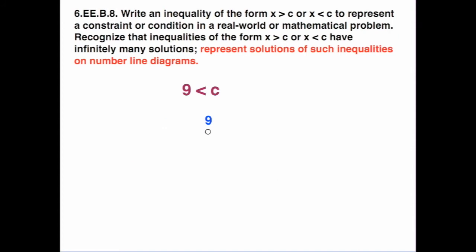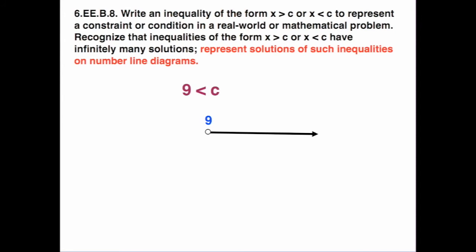So let's try the other side. A 10, for example. Hey, 10 works. 9 is less than 10. And 11 works. 9 is less than 11. Oh, so it looks like it's all the numbers this way. So our solution set is all the numbers larger than 9. Again, be very careful, especially in situations like this where the variable in an inequality is to the right of